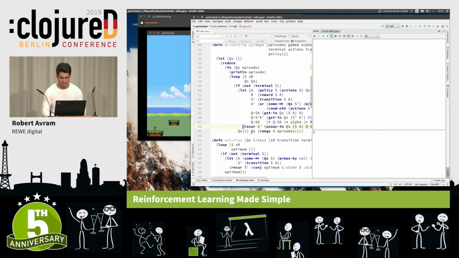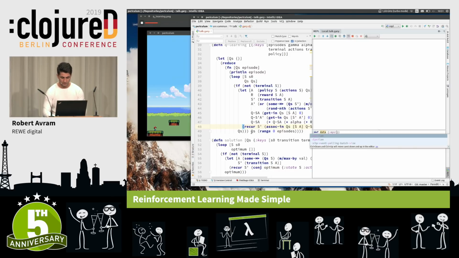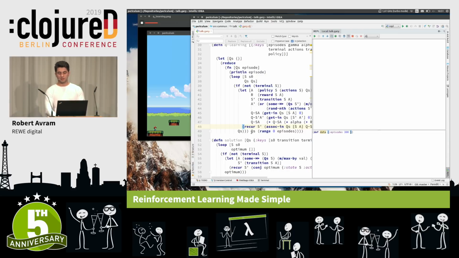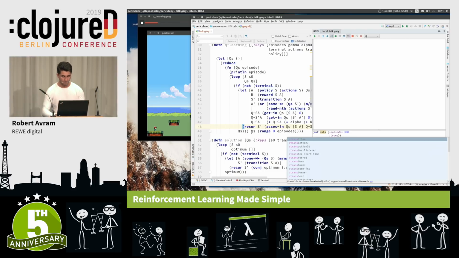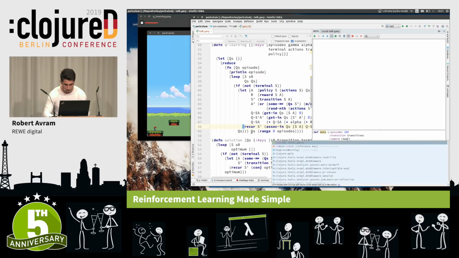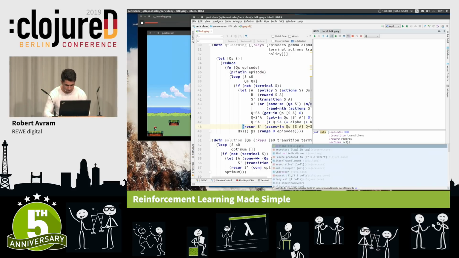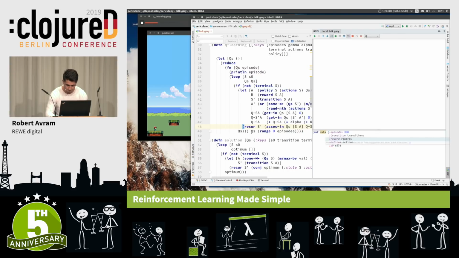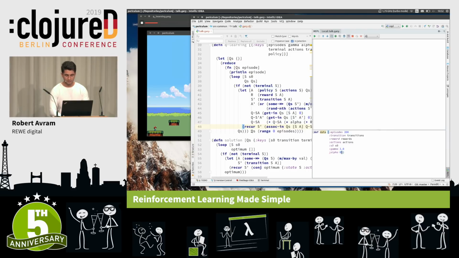Okay, better. Right. So let's define the configuration of my algorithm. The first thing that I wanted was a number of episodes. So let's just say that I want to run this for about 300 iterations. The next one was the whole quantity. So the transition, I have a transition function. The reward, I have the reward function. The actions, I have the actions function. I have a starting state. Gamma is one of these parameters from 0 to 1. I'm going to pick it to be 1. And alpha is the other parameter. I'm going to pick it to be 0.3. Now, these have a meaning, but for now, let's leave them at that.